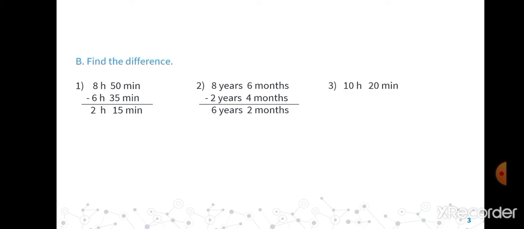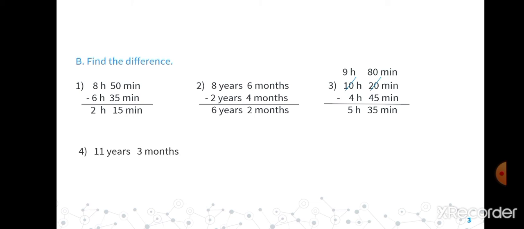What is the next example? 10 hours 20 minutes minus 4 hours 45 minutes. Now see students, I cannot subtract this 45 from 20. Now what do I have to do? I have to take 1 hour from here. So this 10 will become 9. And when I am taking 1 hour, its conversion into minutes is 60 minutes. So here instead of 20, I will write down 80, because this 60 is getting added to this 20 and this 20 becomes 80. Understood? We have taken 1 hour from here. So 80 minus 45 gives me 35 and 9 minus 4 gives me 5. So my answer will be 5 hours 35 minutes.